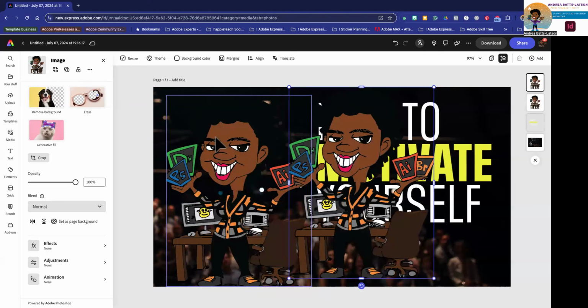I'm going to move this one over. I'm going to move this one here. And what I'm going to do is put an effect on this one so that I can have that kind of glow. And I think I either want my glow to be orange or I'm not sure because it's Adobe Express. So I kind of want it to be,